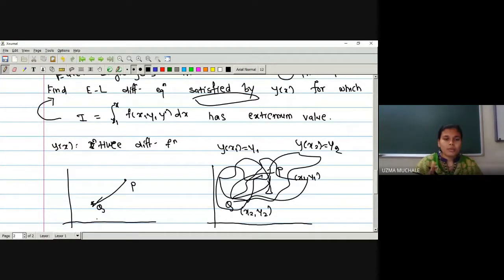Okay. If you want to travel between two points, then obviously, suppose you want to go from Solapur to Pune, you cannot go directly to Mumbai and then come back to Pune. Correct? It is not a correct way. You can go directly from Solapur to Pune, no? So it will require minimum time, right? So whatever the time required, if it is minimum, then we will select that path. Or in another way, if the time factor is not there, we'll select the smallest path, right? The smallest path will be a straight line only, right?